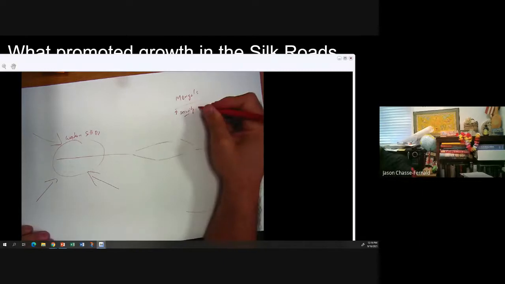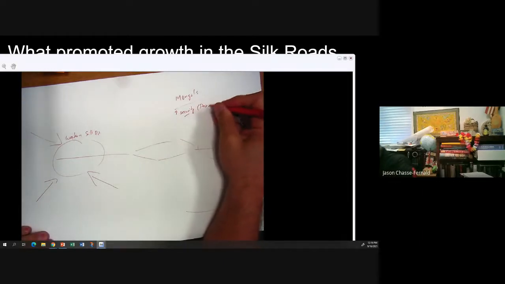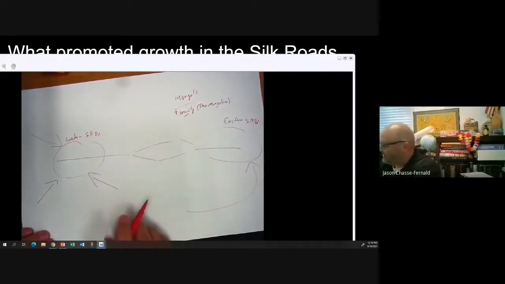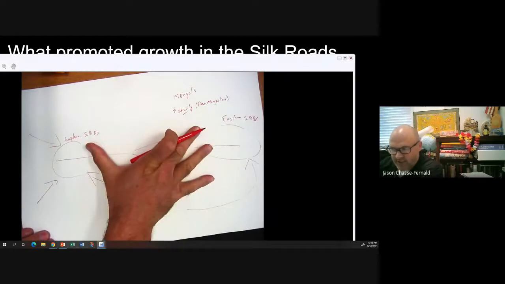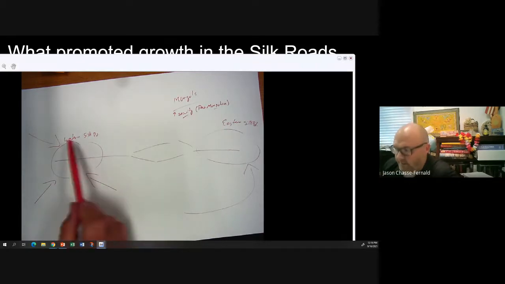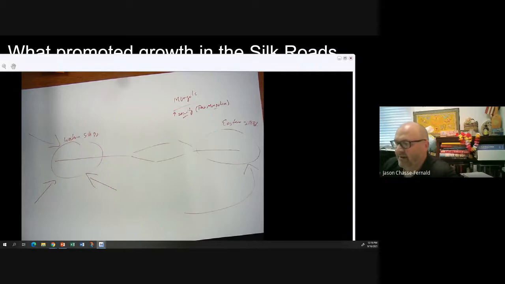We actually have a word for this: Pax Mongolica, or the Mongolian peace, meaning this region was very safe and secure. We'll talk about that more when we look at the Mongols. But this period was a period of peace after conquest. You need to put yourself into the perspective of a merchant. If you are a merchant, would you want to do business?